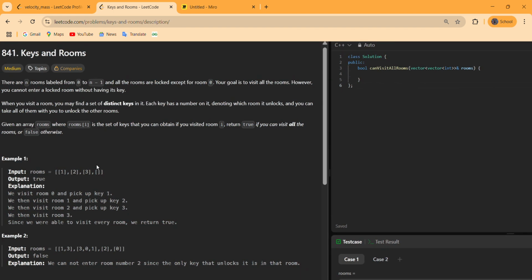And when we are on this index, we can check whether we have the key for room number 3 from all our previously visited rooms or not, and we can check that we have 3 as well in our data structure. So we can also enter this room and mark this index as visited as well. After doing all this, we can check in our visited array whether all the rooms are marked true or not. If any room is marked false, we can return false in that case, otherwise we can return true.